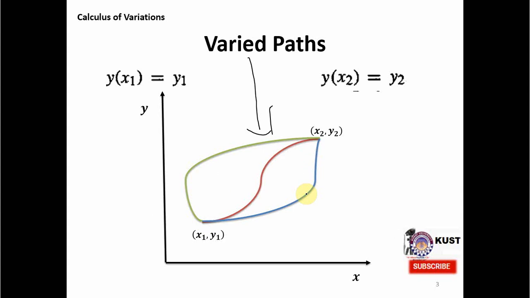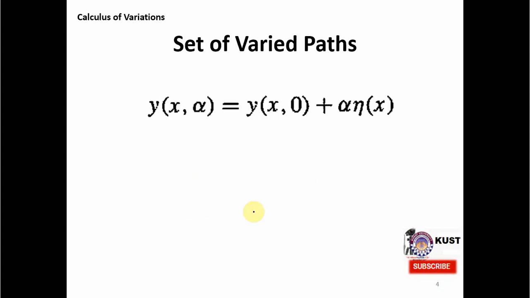Okay, so we now have a line integral which is defined for these paths, and we want to know which path our system of particles, or a single particle whose dynamics we want to understand, actually follows. So we want to derive an equation which will give us the correct path for the dynamics of a particle or a system of particles. So this we can do by putting the problem into the calculus of variation,